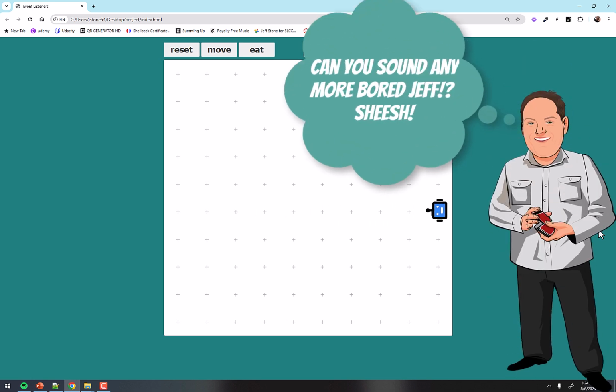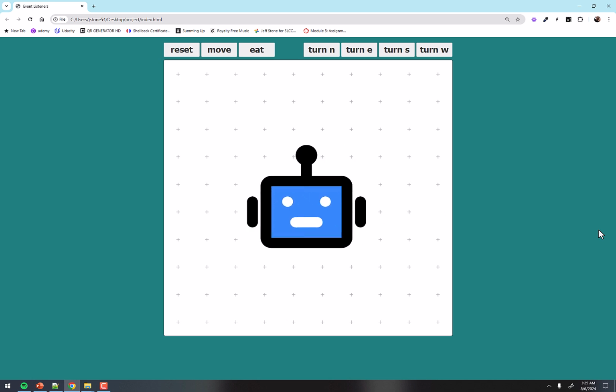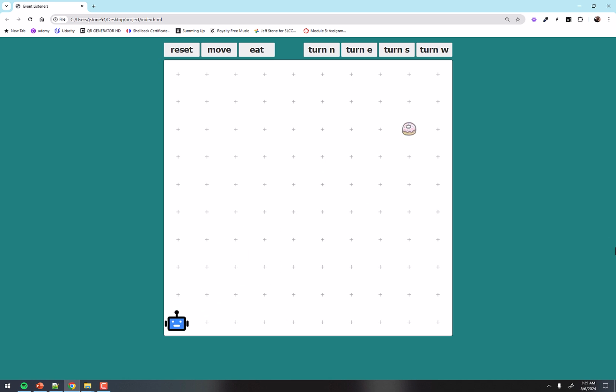and turn left, spacebar. I'm going to hit enter to try to eat, but nothing will happen because he's not on the donut. Turn around, eat, and now he did his cartwheel, ends up in the middle. And now to reset, I can either click the reset button or I can just hit the escape key, and we're back to the beginning. That's it, so buckle up, we're going to build this sucker. It's going to be fun.